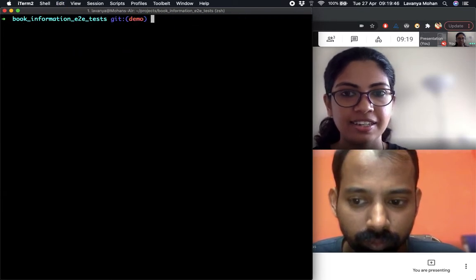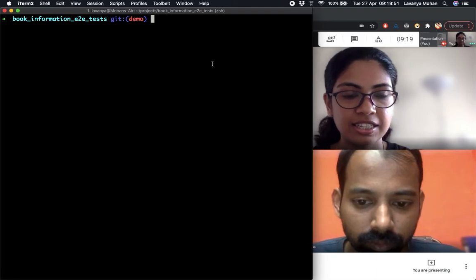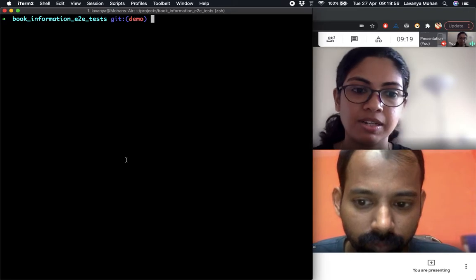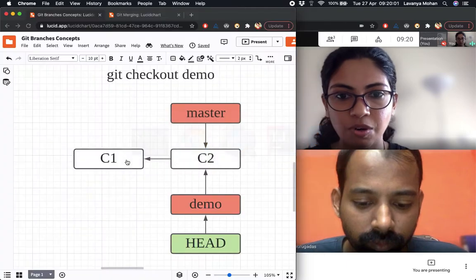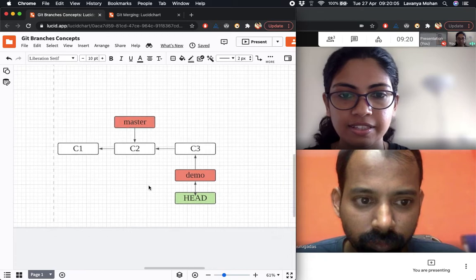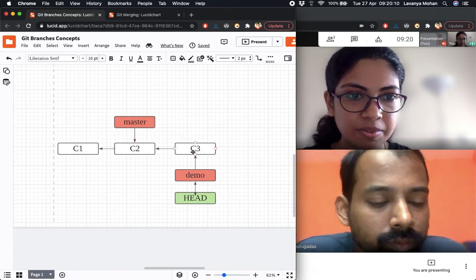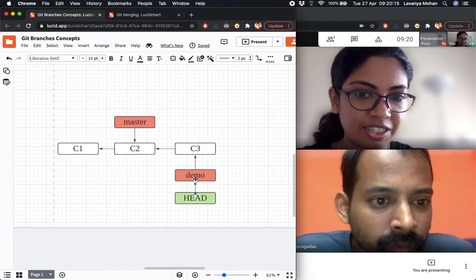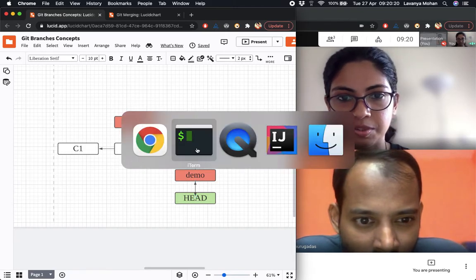All right. So now if we make any new commit on this branch, it will be a commit in the demo branch and not a commit in master. So what would happen, let's say if we did make a commit right now, is that master will still keep pointing to the older commit. The newer commit will be created on the demo branch. So head will still continue to point to demo, and demo will point to this new commit. So maybe we could look at this as well.